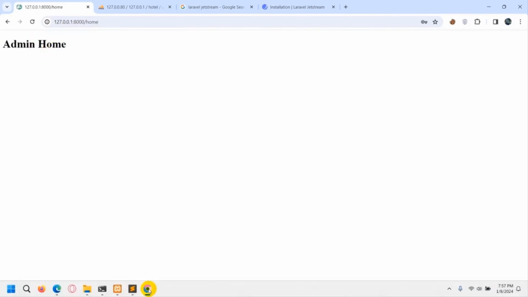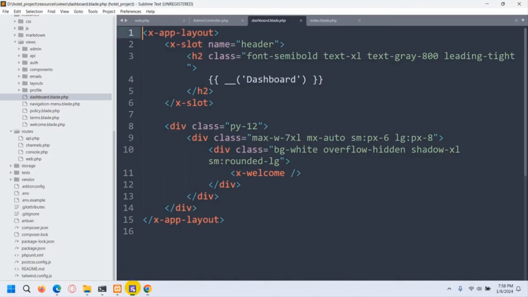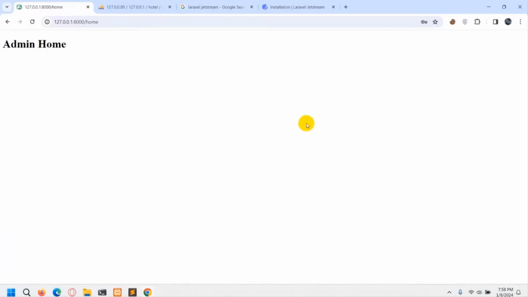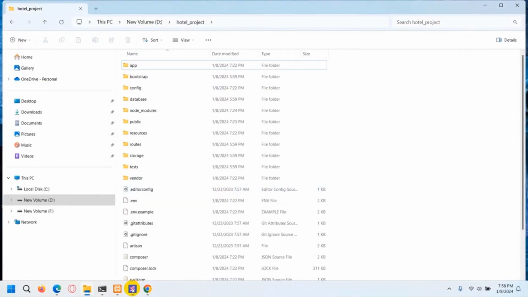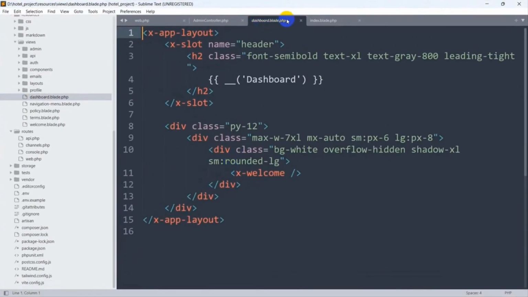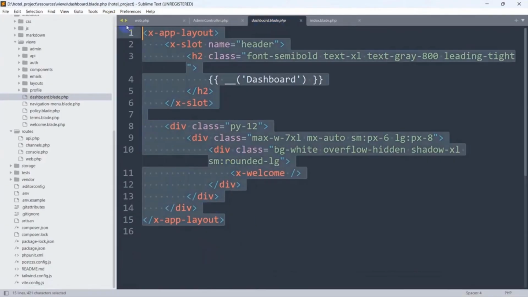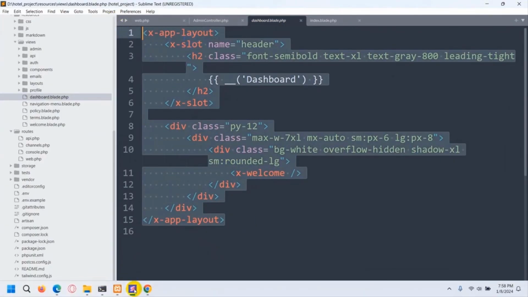And there you can see it took the admin to a different view, which is admin.home. So we are able to make both admin and user dashboard separate. But for admin, we should also have a login or logout option. So for it, what we can do is that we can just copy the code from the dashboard.blade.php. So we'll copy it, Ctrl+C, and we'll paste it in the